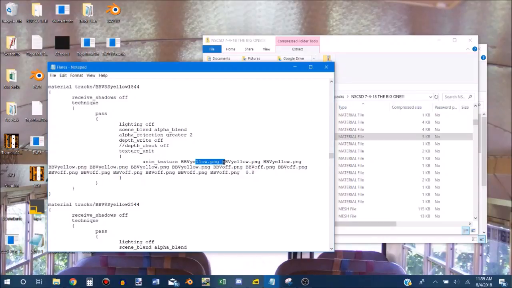I'm not sure. 1, 2, 3, 4, 5, 6, 7. Yeah, I need an 8th one here. And then 1, 2, 3, 4, 5, 6, 7, 8. Okay, so now there are 8 yellows and 8 offs. So this will be a solid yellow